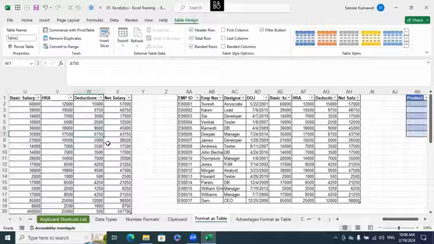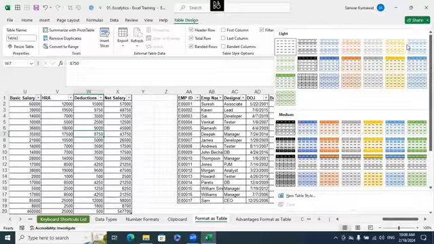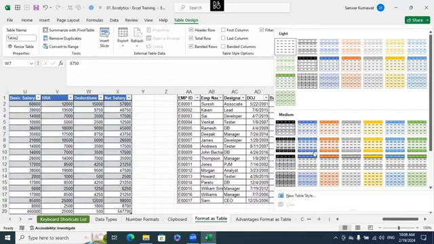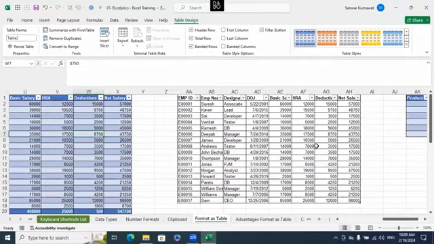Now what happened? Color removed, but it still is a table. I can get the color back again. Table Styles, I can go there. I can choose any of the colored table designs like this. See,